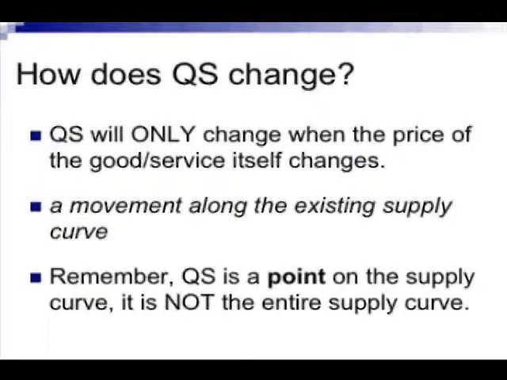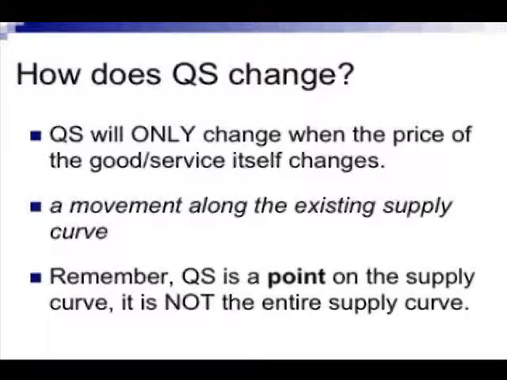Now, we learned that there were 5 things that cause demand to change. Well, we're going to learn about 4 key factors that cause the whole supply to change for a good or a service. But remember, there was only one thing that caused quantity demanded to change, and that was a change in the price of the good itself. The same holds true for supply. There's only one thing that causes quantity supplied to change, and that is a change in the price of the